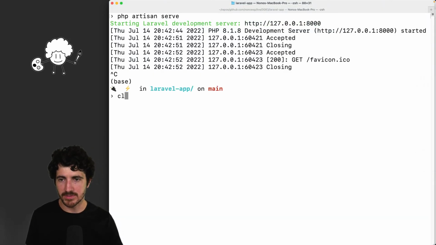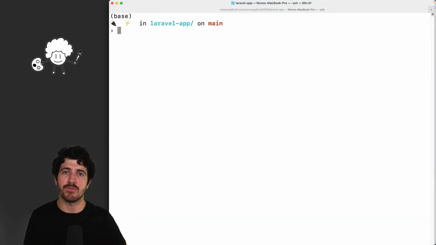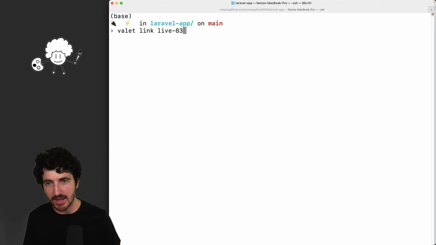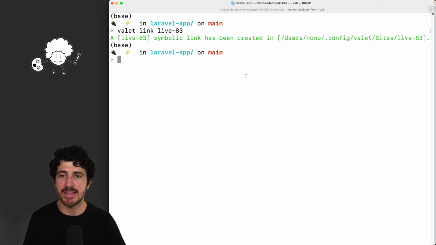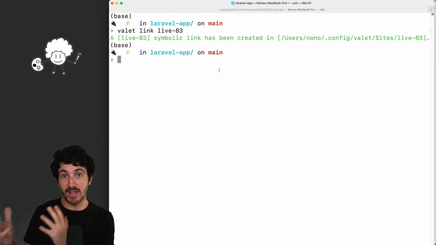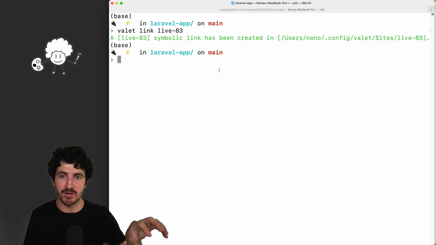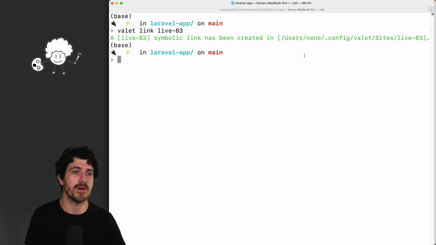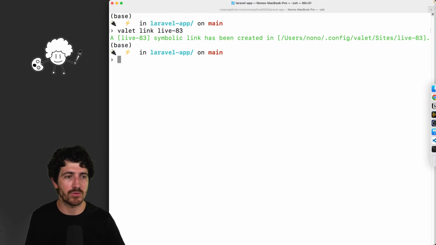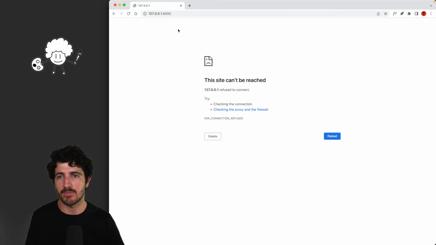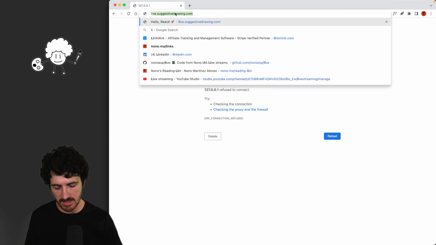I could stop that command, and without having to have that php artisan serve command here, I could call valet link live-83, for example, right? That link creates a symbolic link in Valet, which I think is using Nginx proxies inside of our computer. This is on macOS, to route your application, because this is not working now, right? I can do